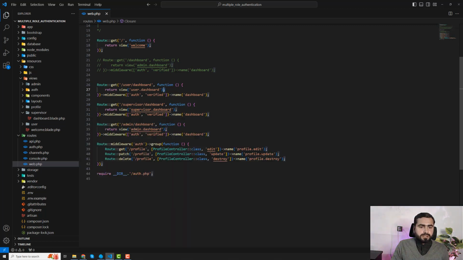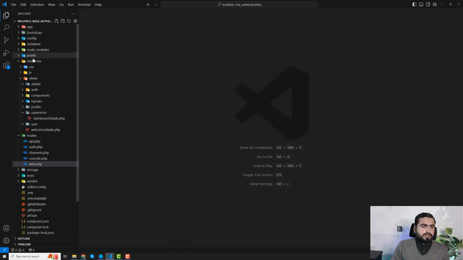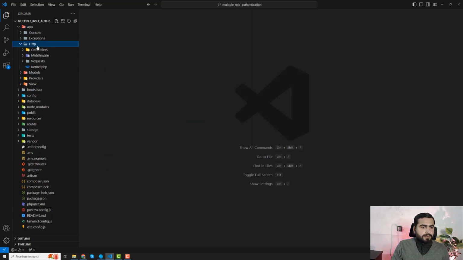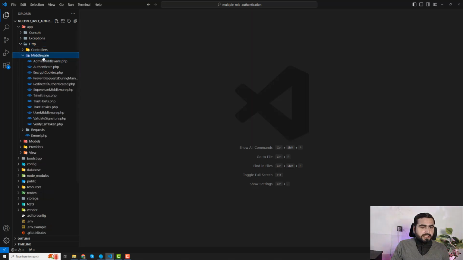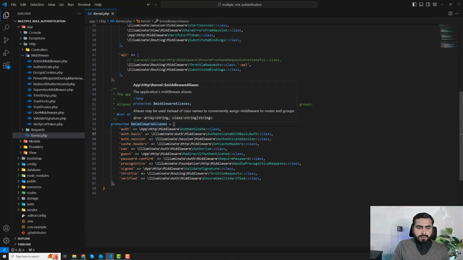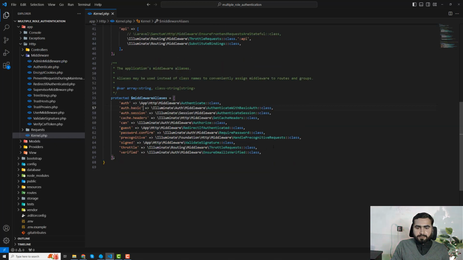I have created these three middleware, and now I want to register those middleware into my kernel. So here in the middleware classes, you can add them here. I'm going to first add the user,